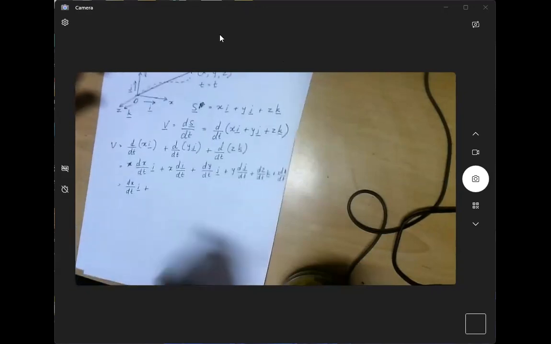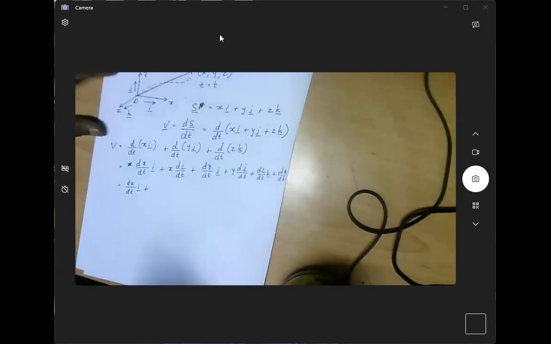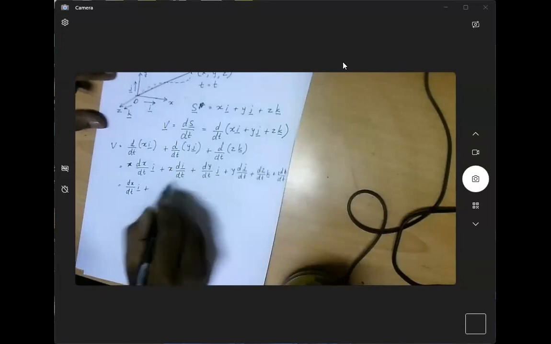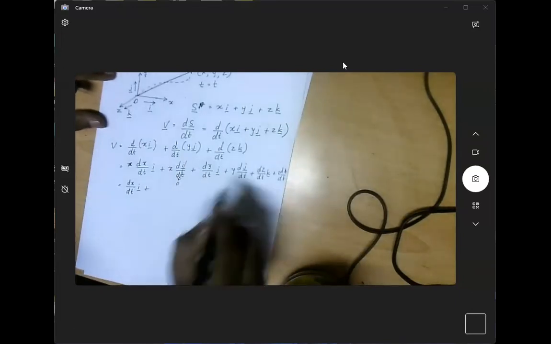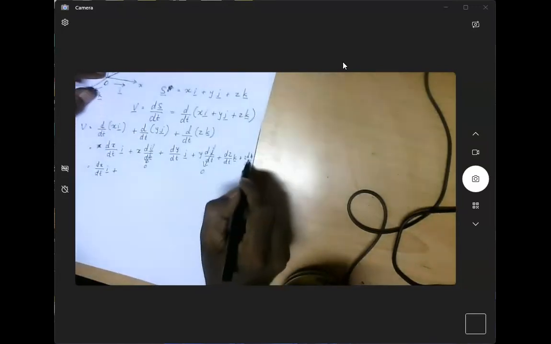But remember, for some instances, you will have a value for this time derivative of a unit vector, right? For this case, it is 0. But that is not true for all the unit vectors. For Cartesian coordinates, i, j, k, it is true, right? So we can remove this one, then the same thing with dj over dt and dk over dt,